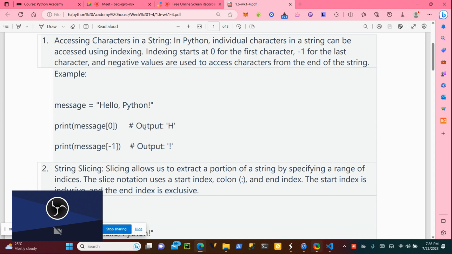Exclamation mark. It's very okay. So that is 13. Okay. So the space also counts. When we start from 0, if I am starting from -1, it means that here is -1, -2, -3, -4, -5, -6, -7, -8, -9, -10, -11, -12, -13, and -14 will give me h.